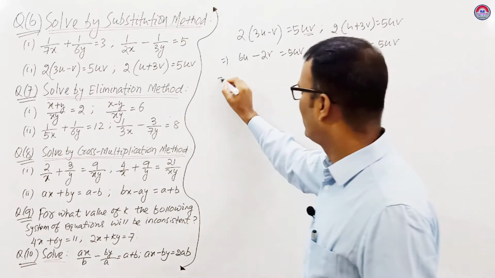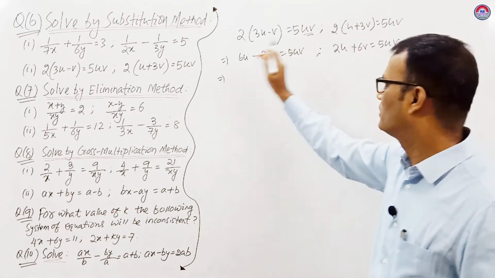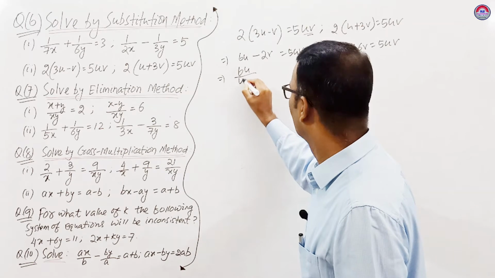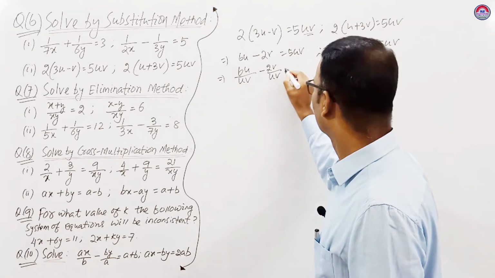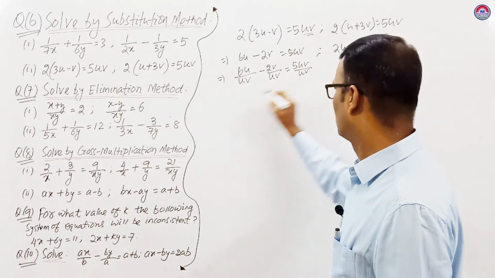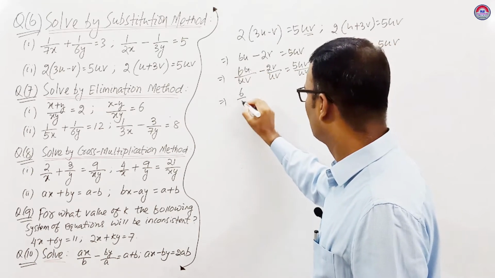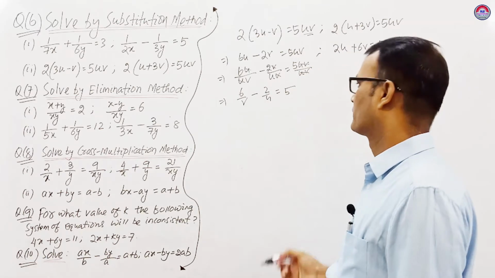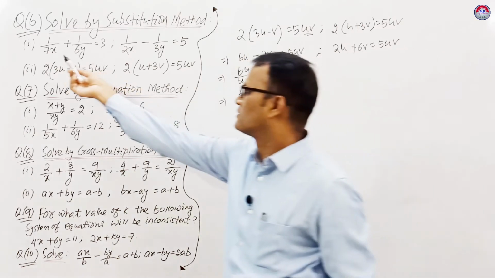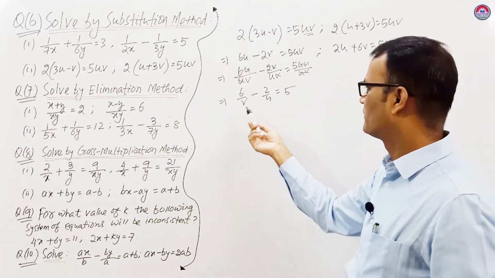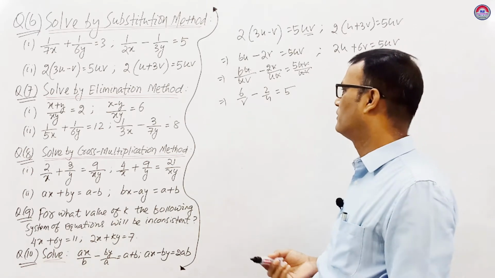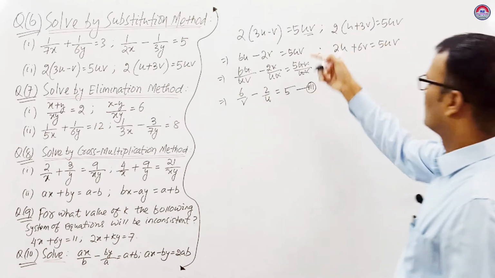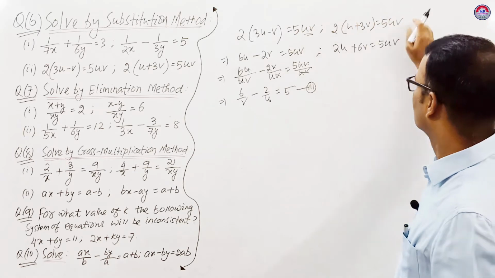Now if we divide uv in both sides, so 6u by uv minus 2v by uv equal to 5uv by uv. You see here, u cancel, so 6 by v minus, v cancel, 2 by u is equal to 5. Now it becomes like this. Okay, here you can take directly, you can solve it, v and u. This is equation 3, or you can write it is 2, 1, and this is 2.